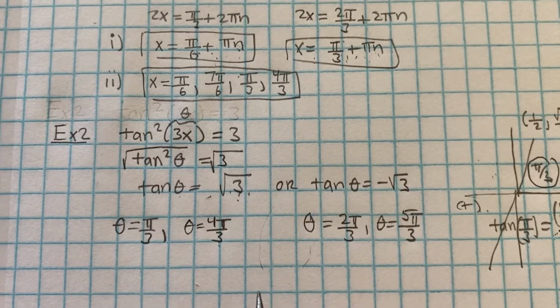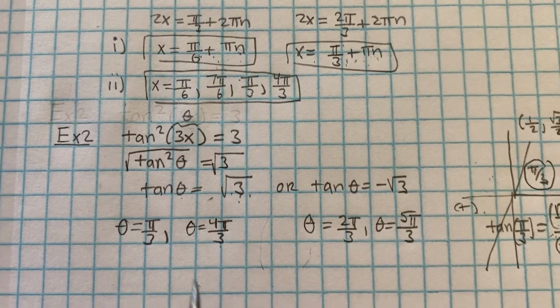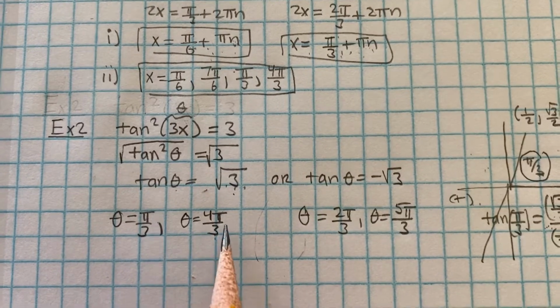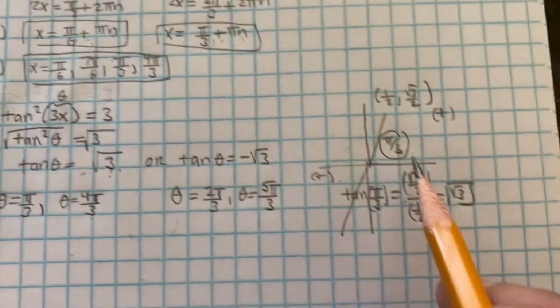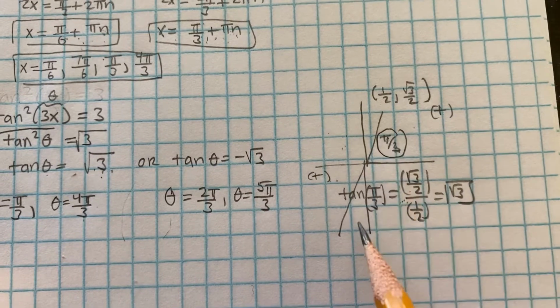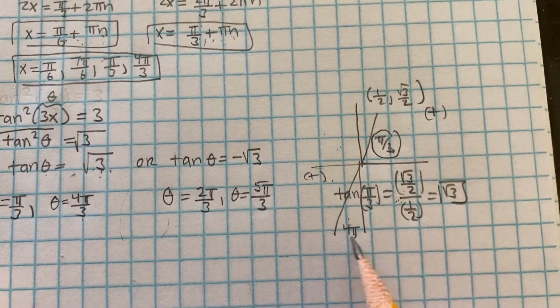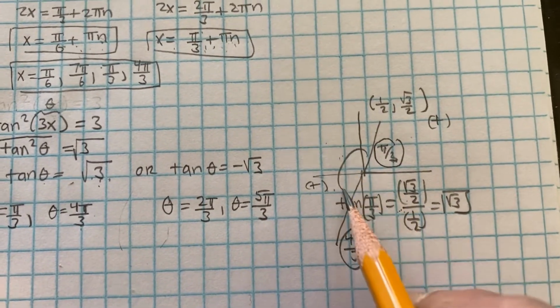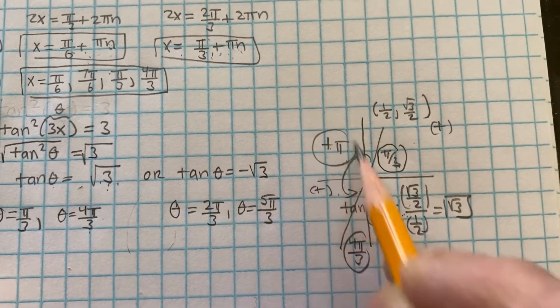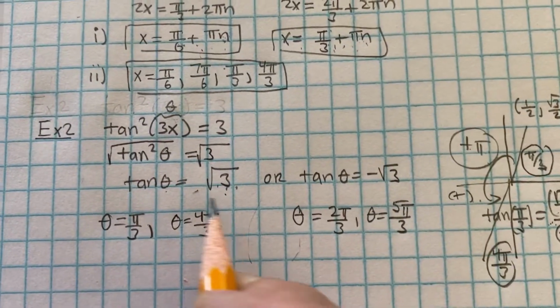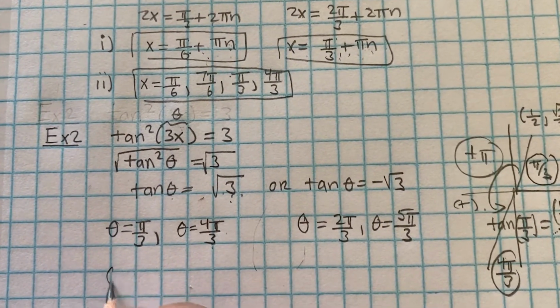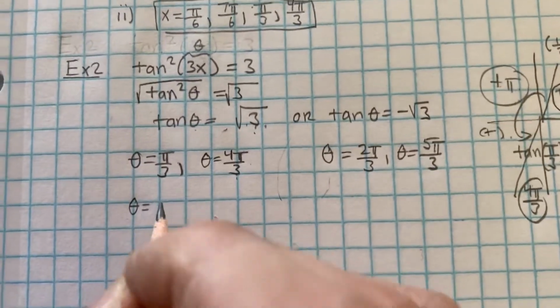Okay, so that's just a little unit circle stuff. And remember, we're doing part 1 here. We want the general solution. Before we write plus 2 pi n, notice the distance between pi over 3 and this guy right here, 4 pi over 3, is a full pi. And so I can condense these two solutions by saying theta is equal to pi over 3